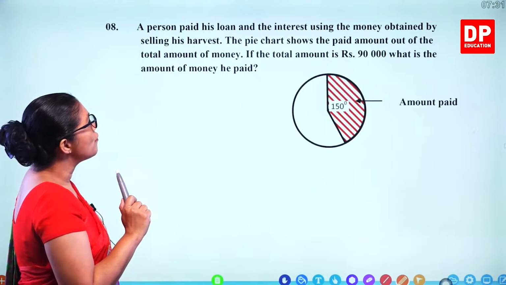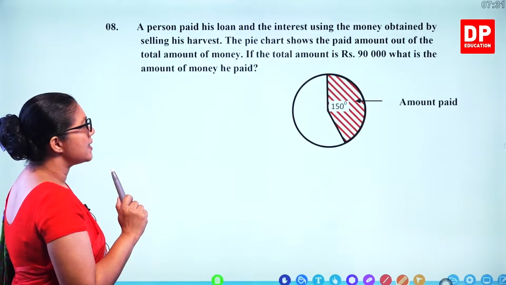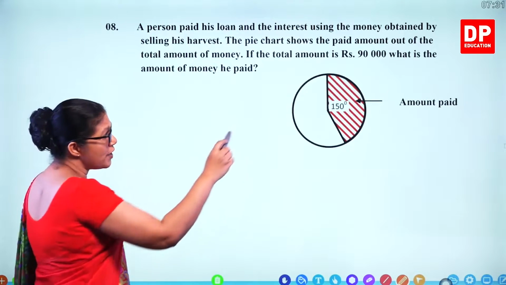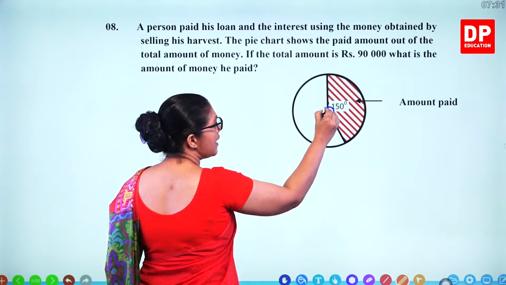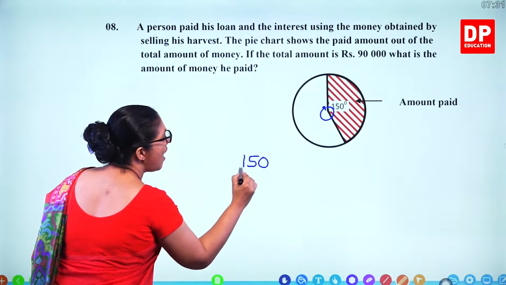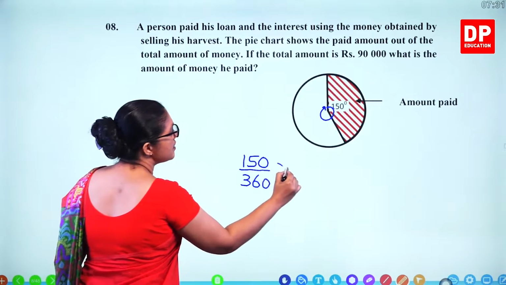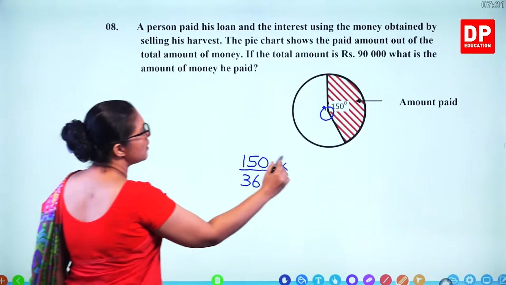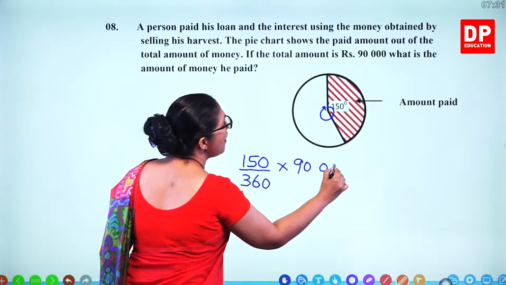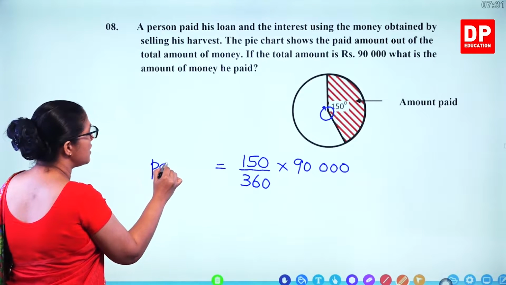So we need to find out the amount of money he paid. Out of 360, the full angle is 360, this is only 150. Then you can multiply this fraction with the total amount. You get the paid amount. So paid amount is equal to